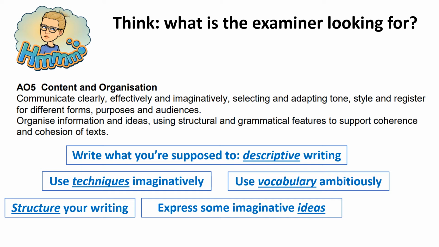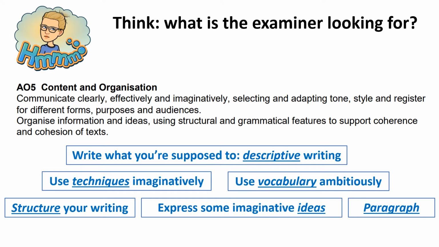You are going to express some imaginative ideas. You need to have an imagination. Okay, sorry guys if you don't have one, but you're going to have one. It's all about your ideas. What can you come up with? They don't have to be in the picture. You can include some things that aren't in the picture. I probably wouldn't put, I don't know, aliens in the picture when we look at the picture that I bring up. Well, you've seen it. So, you know, make it realistic, but you can include things that aren't in there, but try and stick to something that makes sense. And finally,